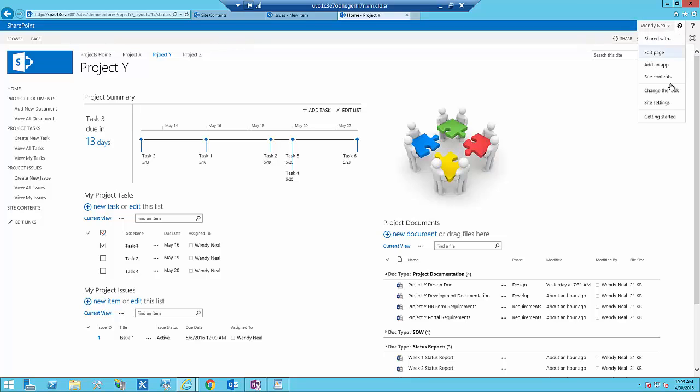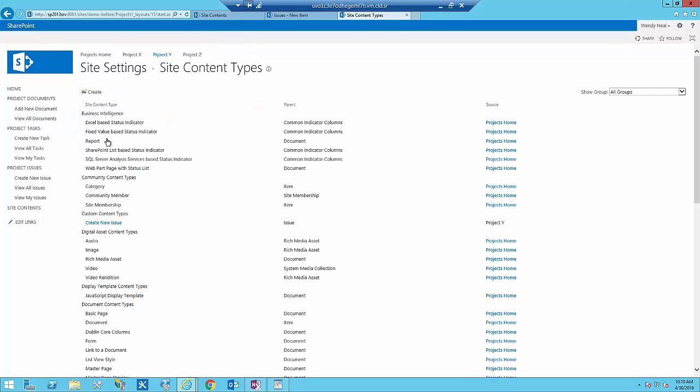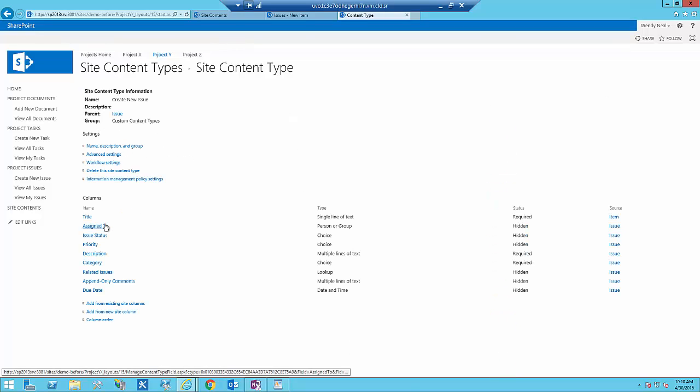So you're probably wondering how I was able to hide those fields from the form. I did it using content types. And I'm going to go into site settings here, go into site content types and show you what I did. I don't want this lesson to be a whole thing on content types. This is kind of a complicated thing, but hopefully you can at least follow along and see how it's set up. So I created a new custom content type called Create New Issue,